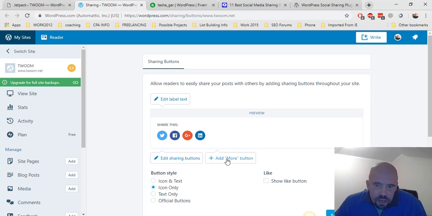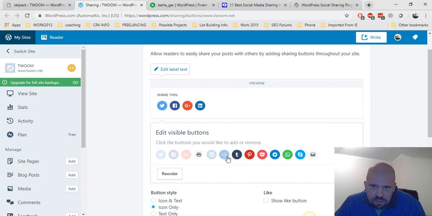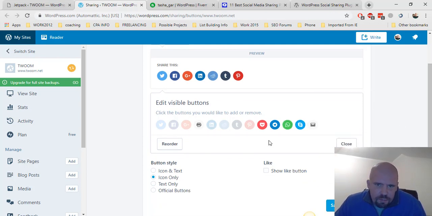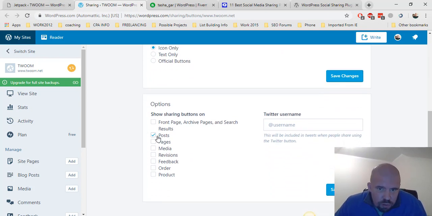Okay, so I clicked add more buttons, which would seem obvious, but what we have to do is click edit sharing buttons. So we now have LinkedIn, we want Reddit, we'll have Tumblr, we'll have Pinterest, and that's about all. I don't see the point in putting in like WhatsApp and Skype. For me, there's no point. So we can just close it, and that's our social sharing buttons, which will be beneath our posts